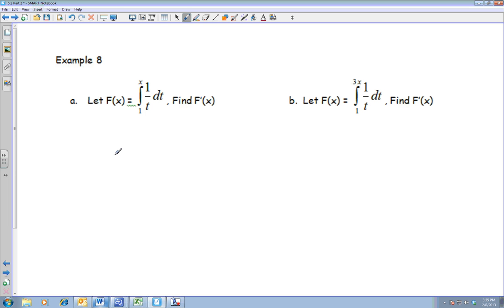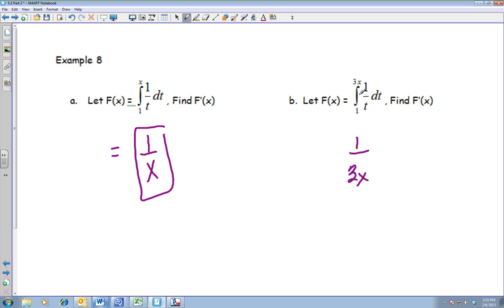Do you remember what you do? Remember, we like these because there's no math to do. As long as the upper limit is x and the lower limit is a constant, I just plug my x in. That's it. So this is asking the same thing. It's giving me, remember, capital F stands for the integral or antiderivative, and I want to find its derivative. So I just plug it in,